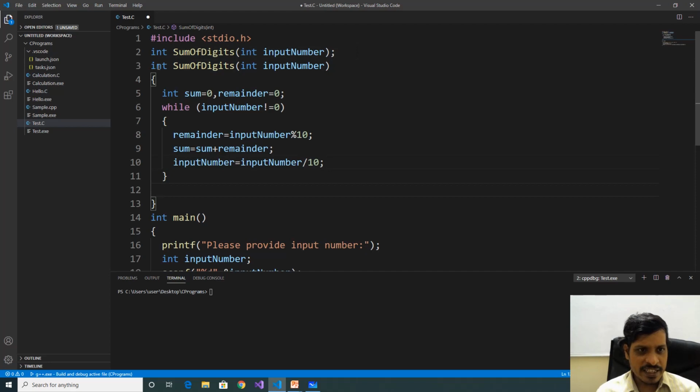This function returning integer output, we need to return the output. Here return sum.